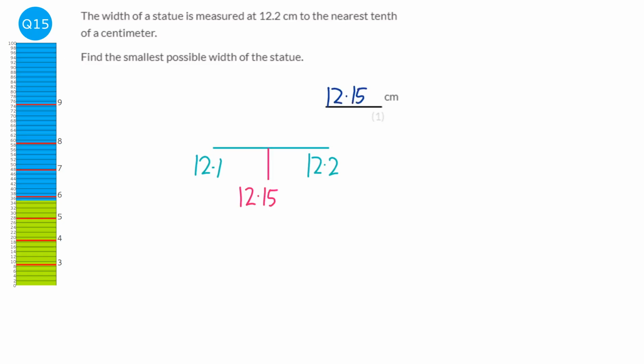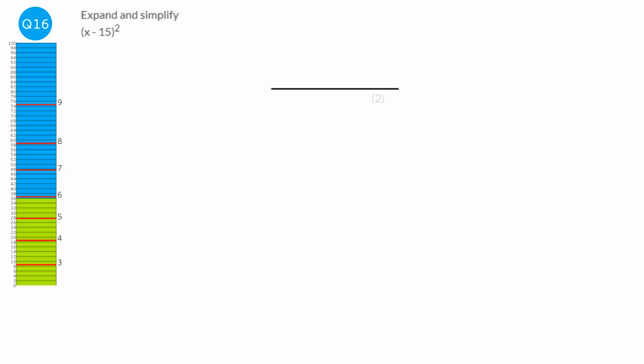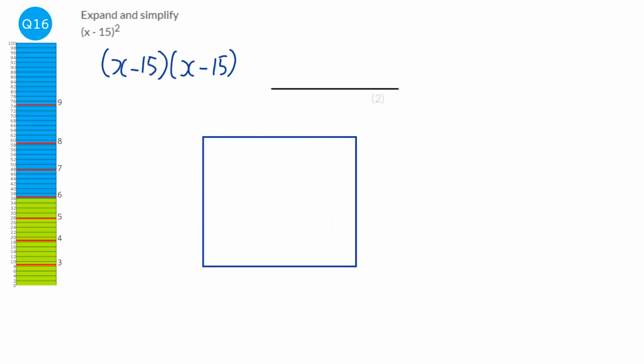The most important first thing that we do is whenever you square something, you times it by itself. So we're going to rewrite this as x minus 15 times x minus 15. And then the way we approach this is exactly the same as we've done with the other ones. We're going to do a multiplication grid,